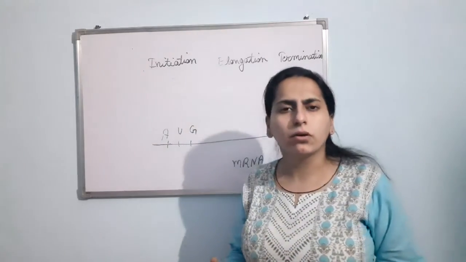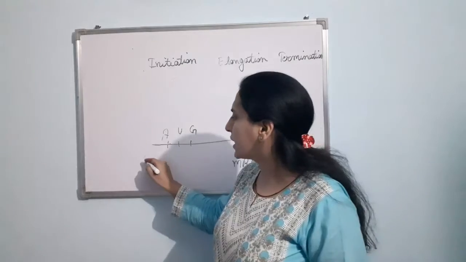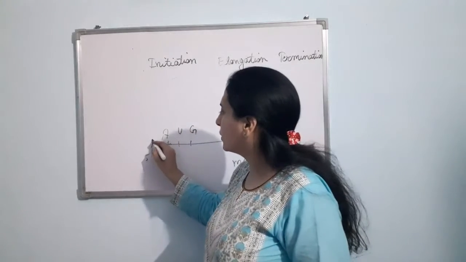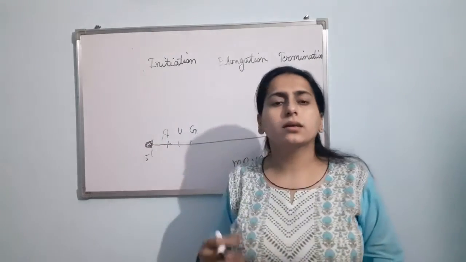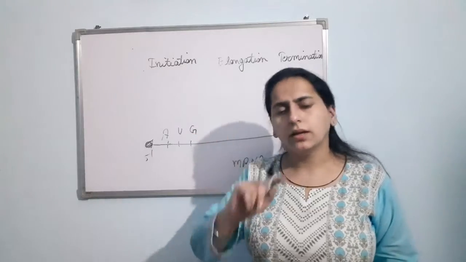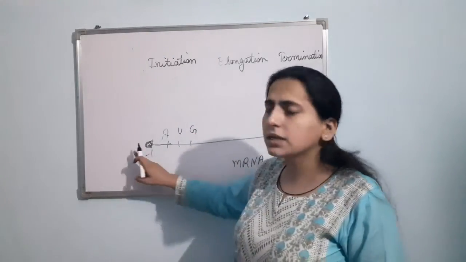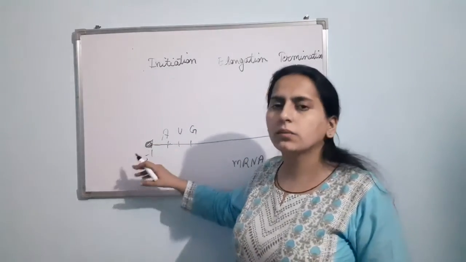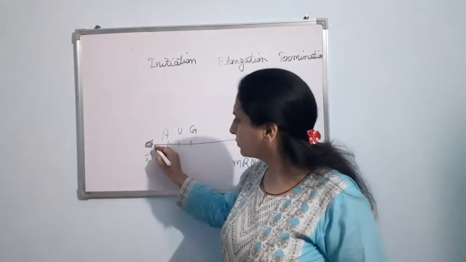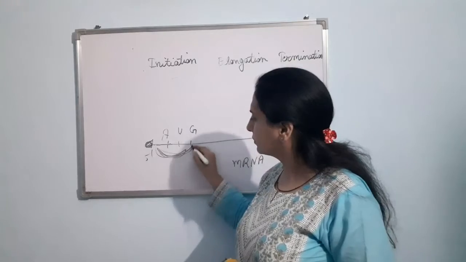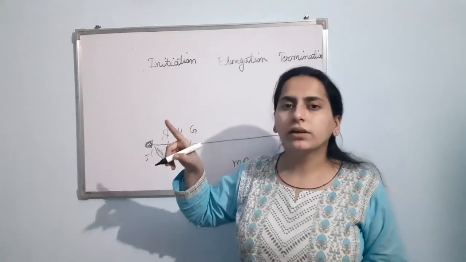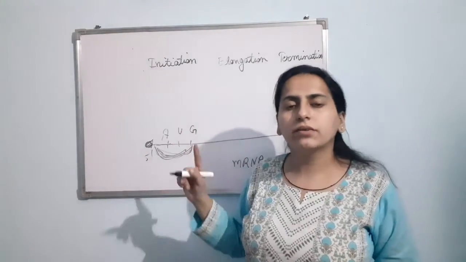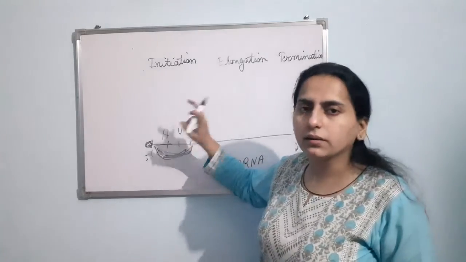If I talk about the eukaryotes, then in the mRNA, you know that at the 5' end, this is 5' to 3' suppose, at the 5' end there is a cap, right? There is a capping. We have discussed it in earlier classes. Now this cap will guide the smaller subunit where to attach. Now the smaller subunit of the ribosome will get attached here. Clear? Now the tRNA that has been charged will come. The charged tRNA we have discussed now will come here.